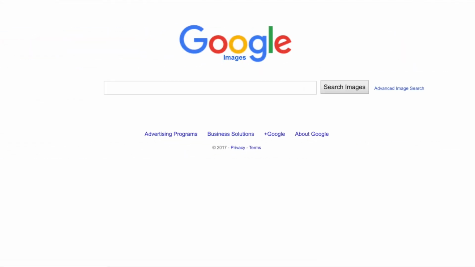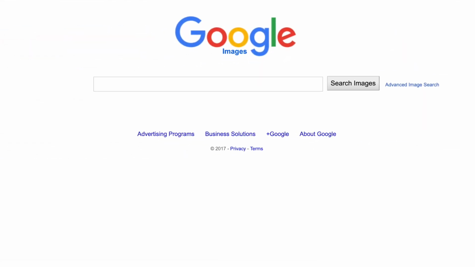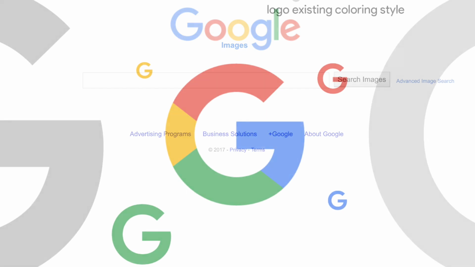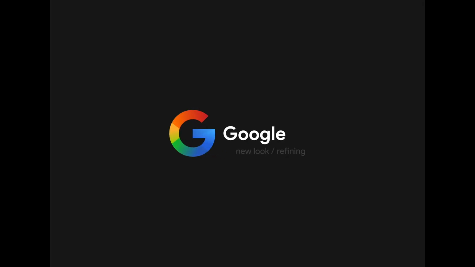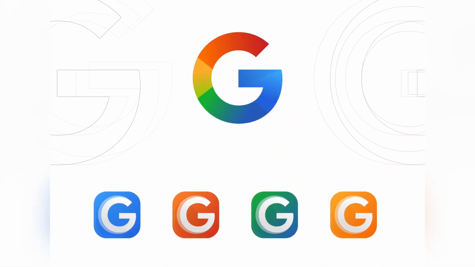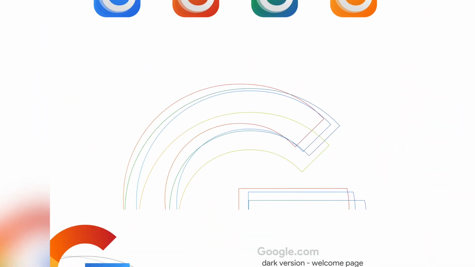Okay, so now let's take a look at the Google redesign. Here's what Google was looking like back in 2017 when this redesign was published. And here we have the logo as well. All right, so now taking a look at this redesign, this is a concept that's exploring a new look, which